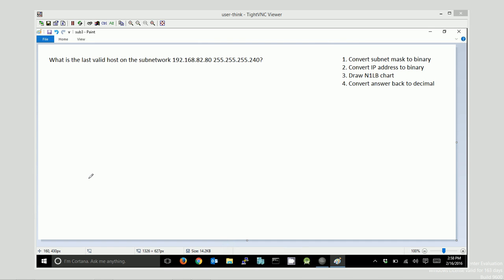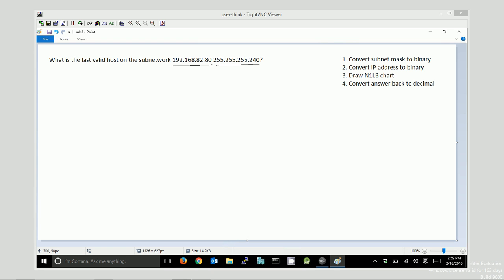In this video, I'm going to solve a subnetting problem where I'm looking for the last valid host on the subnetwork 192.168.82.80, and the subnet mask is 255.255.255.240. Now, it's already telling me this is my subnet ID, and it's also telling me that this is my subnet